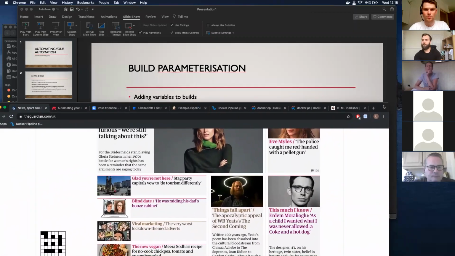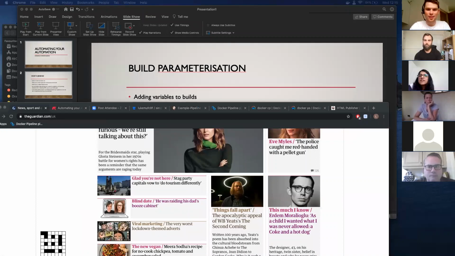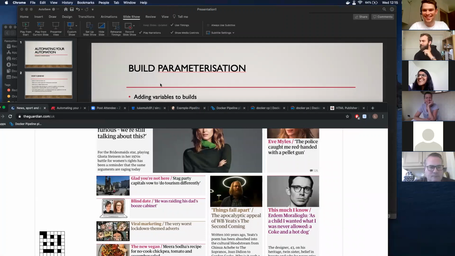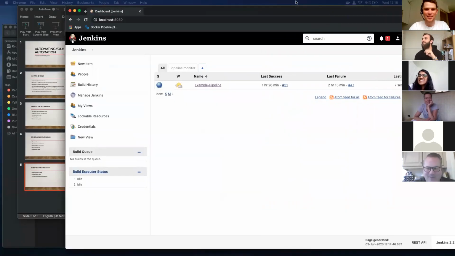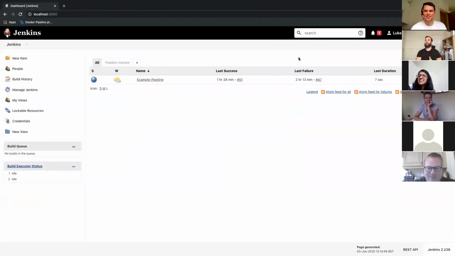Which screen can you see, by the way? Sorry, are you seeing Jenkins open now? Guardian. Yeah, I can see the Guardian. Oh, sorry, that's the wrong one. I thought I was using the other screen. Got mixed up there. Sorry. There we go. That's the one I was wanting to give you.